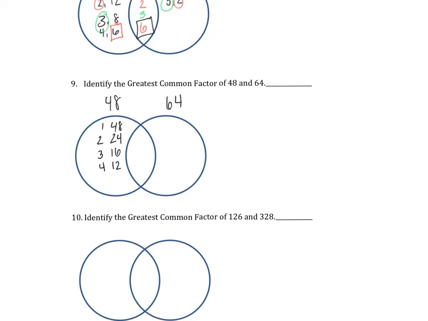Okay? Then I say, oh, does 5? No. Does 6? Yes, because 6 times 8 gets me 48. Does 7? No. And then we're back at 8, which we have here, so we know that's the most we have. Okay? Then I'm going to go over to 64, and I'm going to say, I know that 1 times